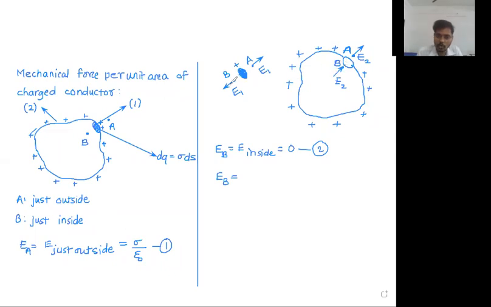So at point B there are two electric fields. First is E1 because of the first conductor, and at the same point B there is a second field E2. This E1 and E2 are opposite to each other. So if two vectors are opposite to each other, resultant can be very easily found by subtraction, and you already know that their answer is 0. So in this way, Ansh, your doubt can also be solved. So this conductor and the remaining conductor will cancel out each other's electric field at point B.